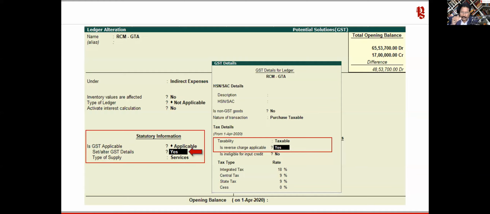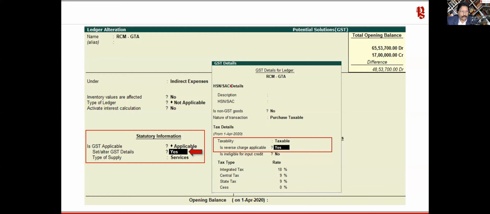So now you are selecting your IGST ledger, CGST, and SGST ledger. Okay, but you know that this is a negative list and you are not eligible. So instead of claiming and then going and passing a reversing entry using the journal entry, if you are 100% sure that all the tax in this particular expenditure ledger is ineligible, you can come here and mark it as ineligible, so that Tally will automatically pass that ineligible entry, and it will go and put it in your GSTR 3B in the right place.